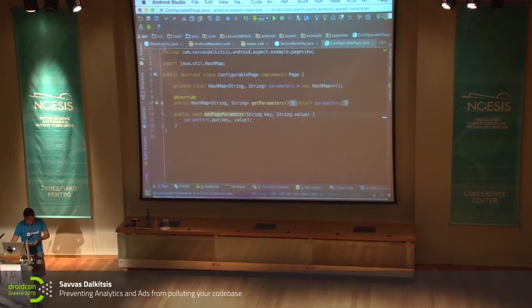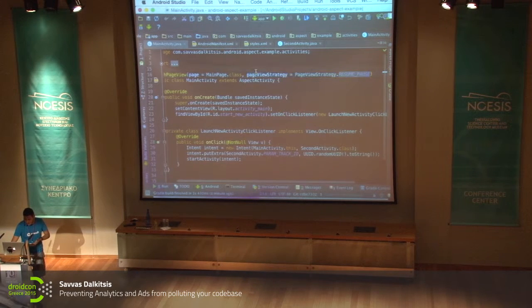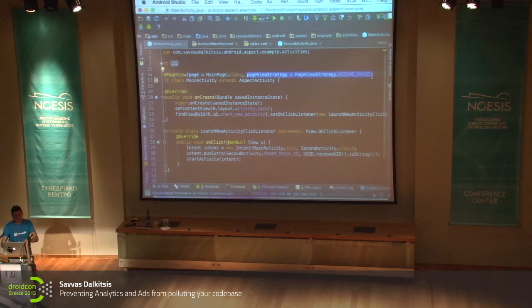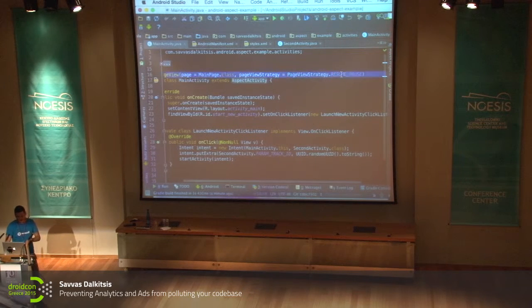Now, about that other parameter I have here. You can configure these in any way you want. In this example, I've created a strategy that tells you when the page view starts and when the page view stops. This is again part of the static configuration that I've shown before. Because, as I said, Android calls on start of your second activity before on stop of your previous activity has been called, you can control it. So the main activity now has a strategy that says, I want this page view to come from my resume to my pause callback, and in the second activity,